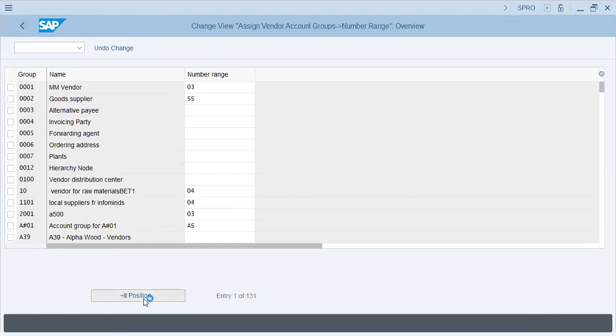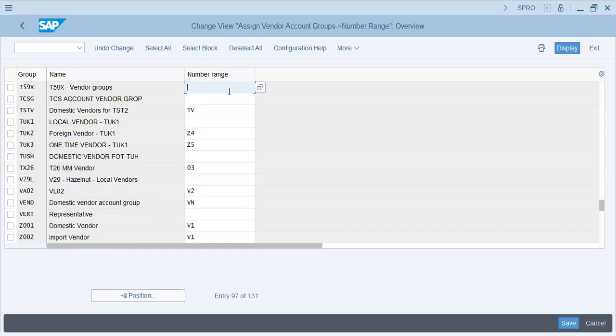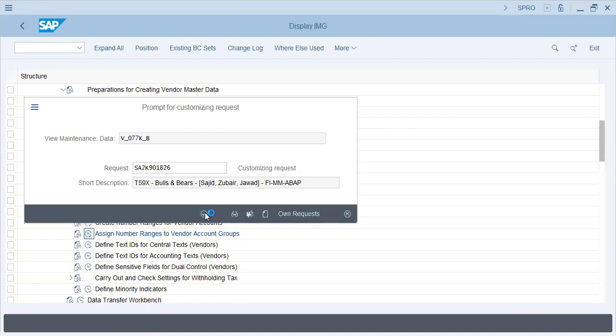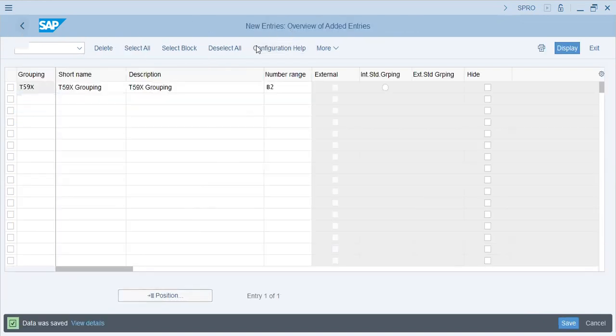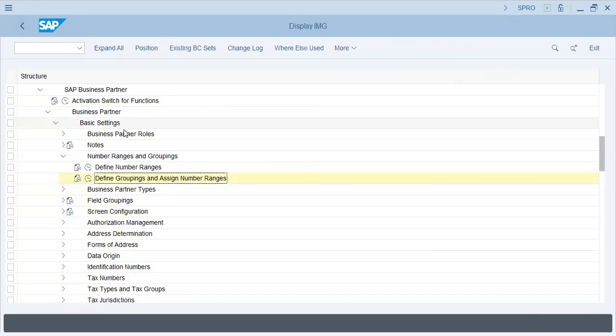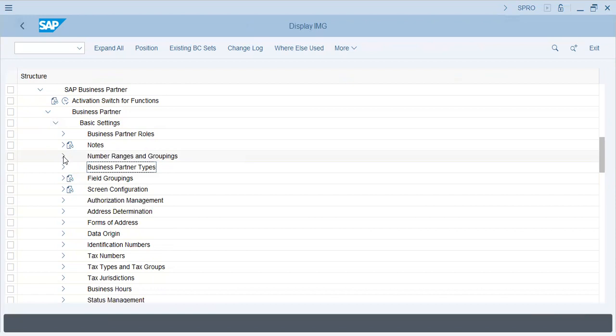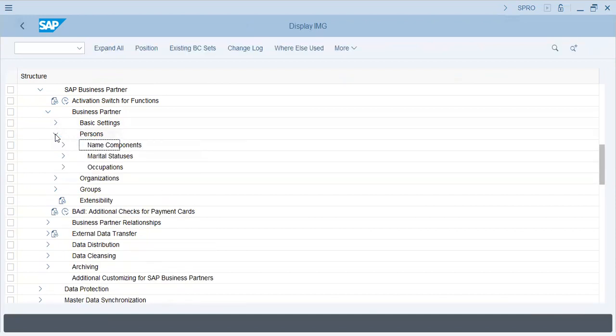and over here T59X. Over here we will assign B2. Now it is synchronized. Save. So both FI and central application component are now synchronized. But next is this part. Number engine groupings are done, basic settings are done, and